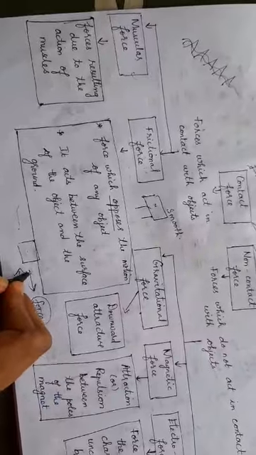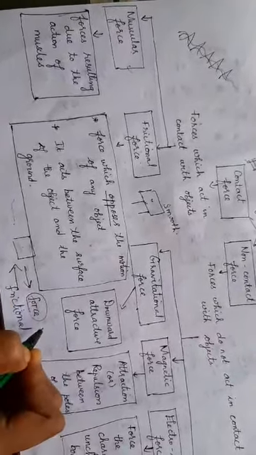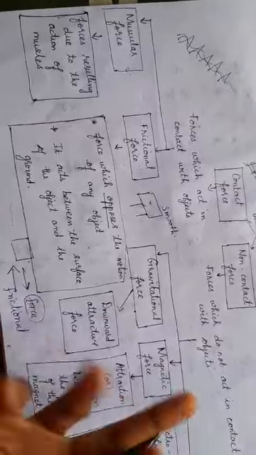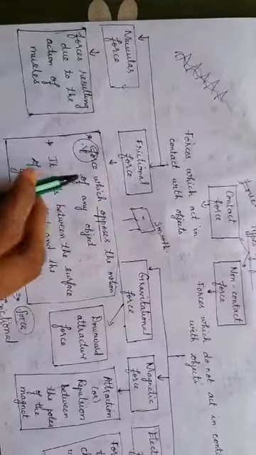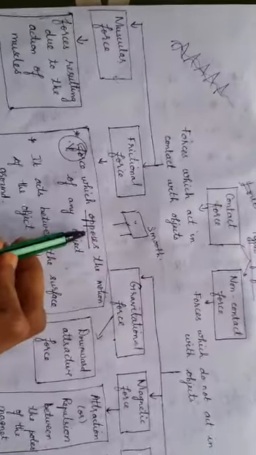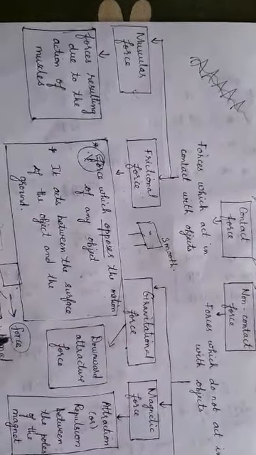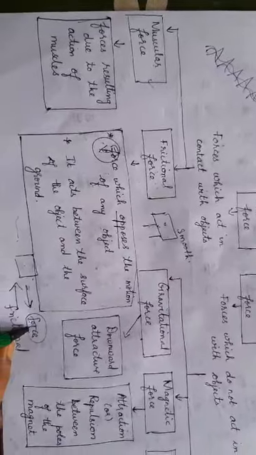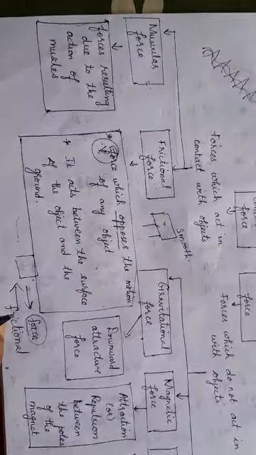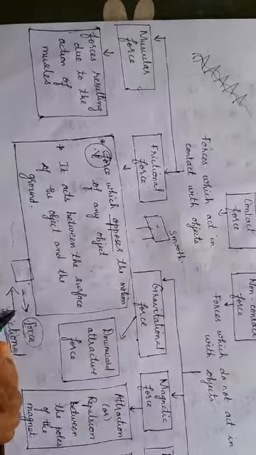If the friction is also occurring in the same direction as my application of force, then what will happen? The object will not be moved. So this is a very important point, that frictional force opposes the motion of an object. It opposes the applied force. The direction in which I am putting an external force and the direction in which the frictional force, which is obviously present in all objects, acts are opposite to each other.